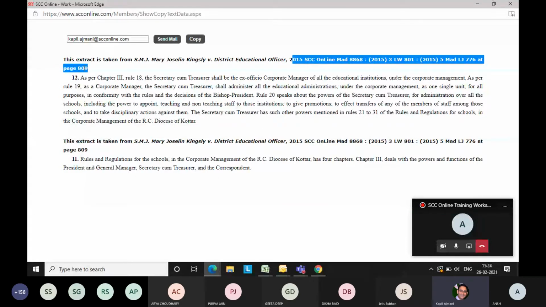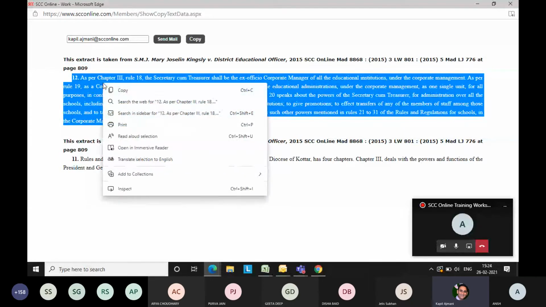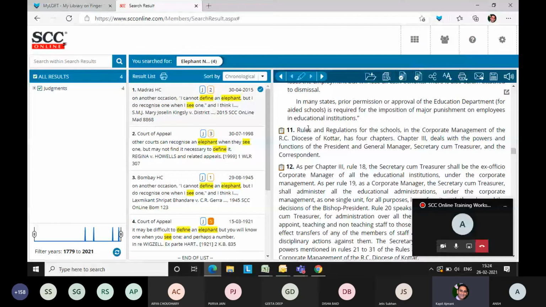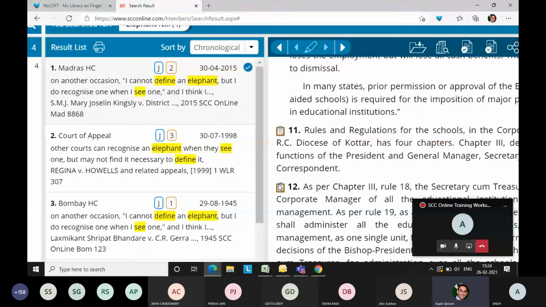This is page number 809, and the citation is 2015 SCC Online, and the parallel citation is also available. You have to select it, and clicking on copy paste, this can be easily done. Some part can be easily copy pasted, but some part the software won't allow you. So you have to look for these icons, the clipboard icons, or maybe checkbox icons, right?